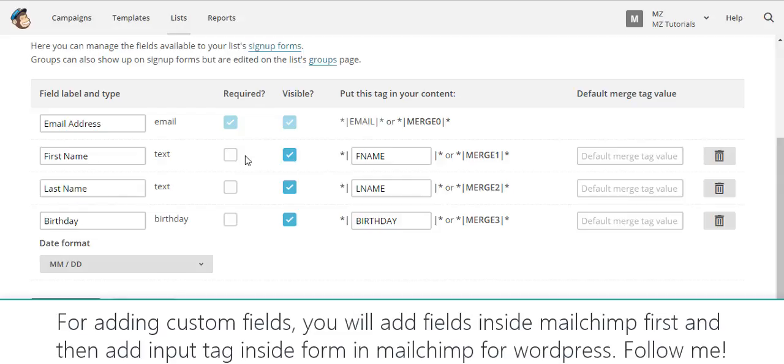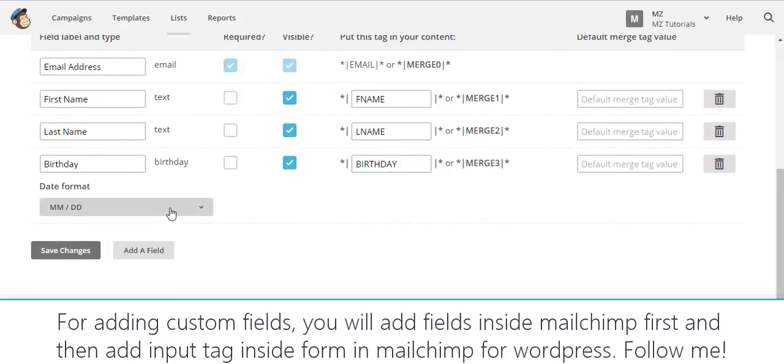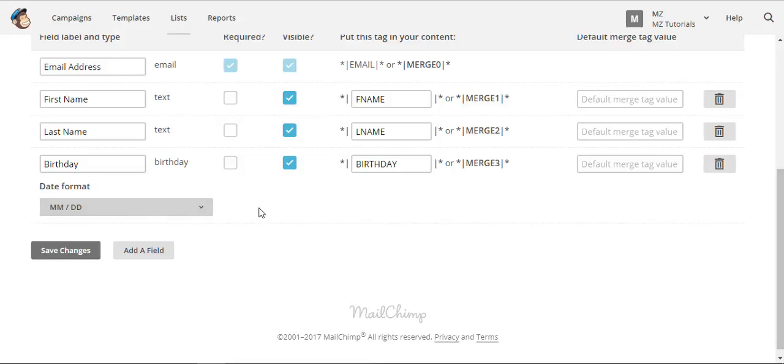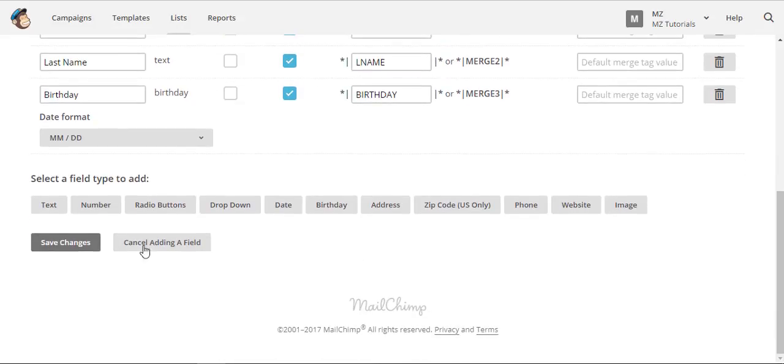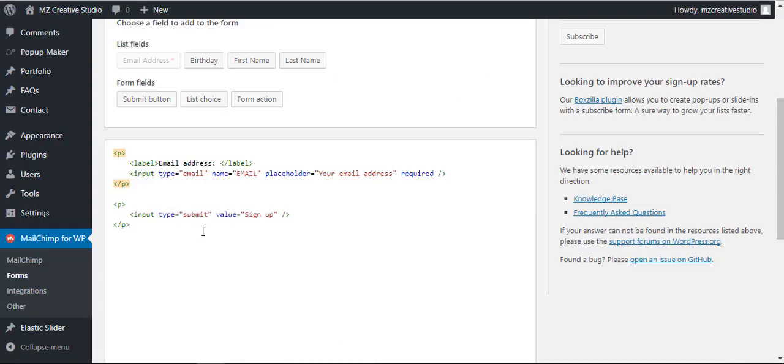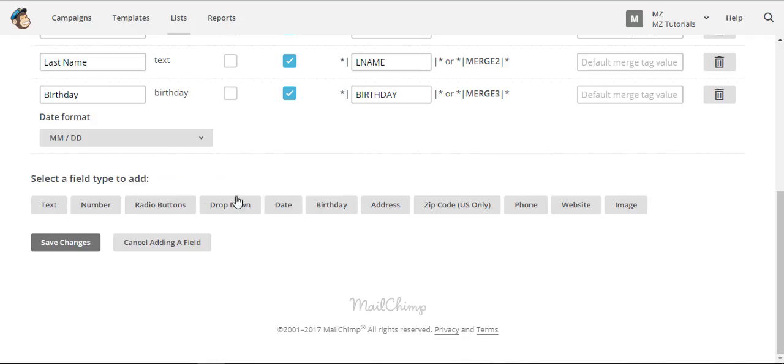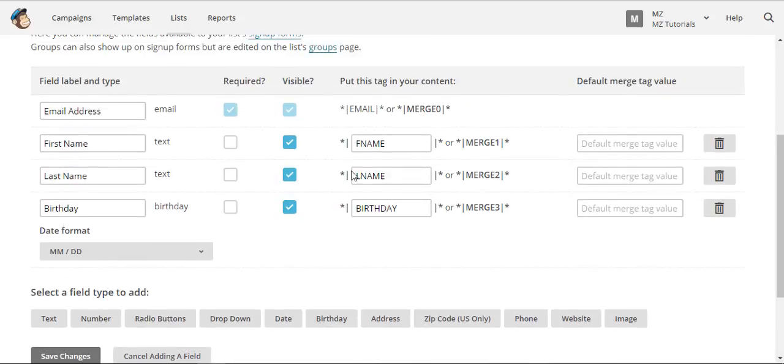So if you would like to add a new field inside the form, so first of all you will add a new field here. You see this button, add a field. So first you will add a field here, and then you will be able to use it here. In the name field, you see this name is equal to email. This is the main thing you have to use. So for example, if you create a field like, you see this L name here, if like we change it to last name,